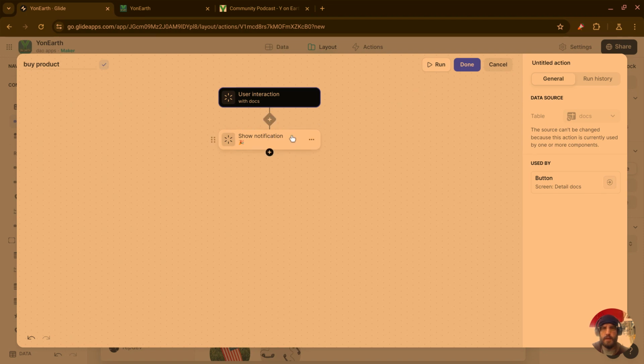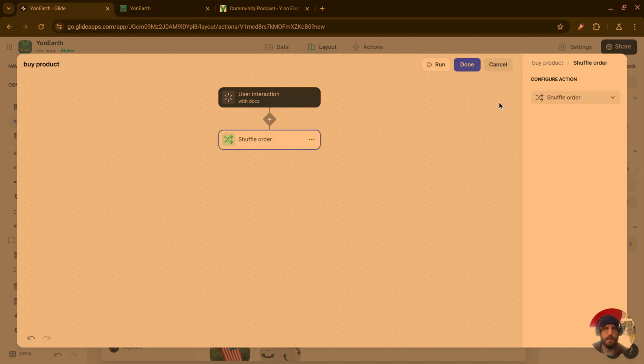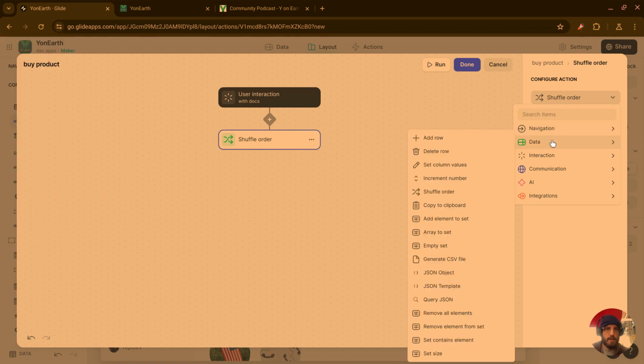What will that do? It'll create a new row. Firstly, and add row